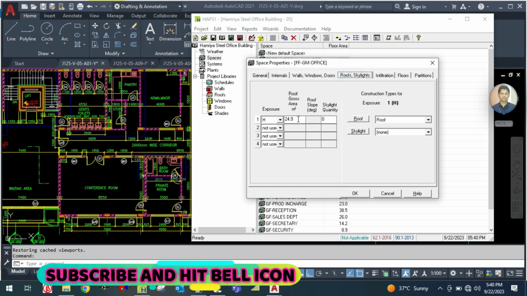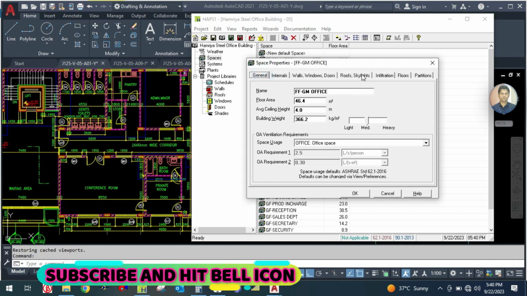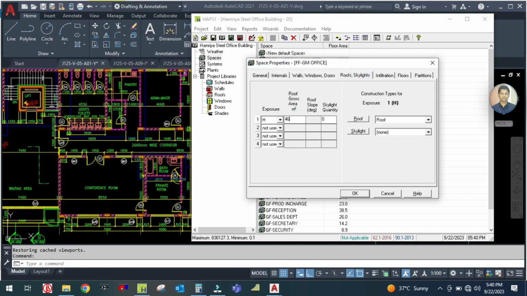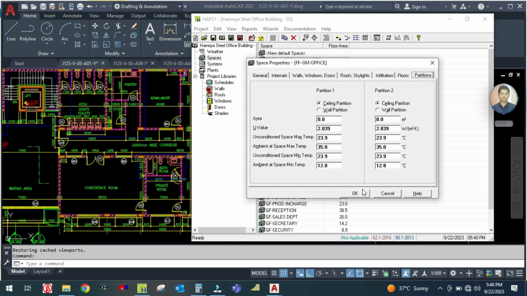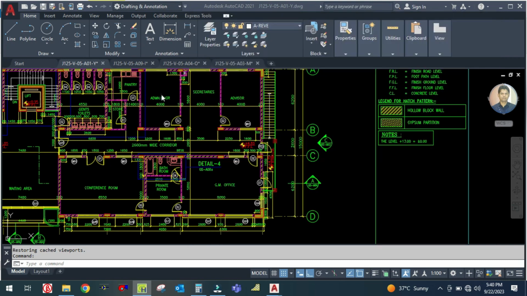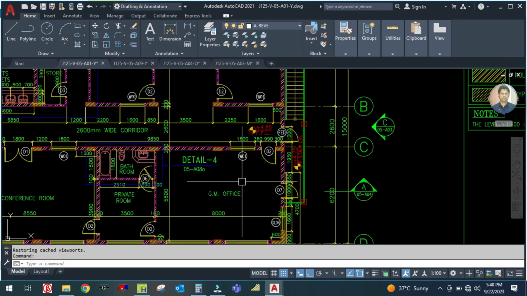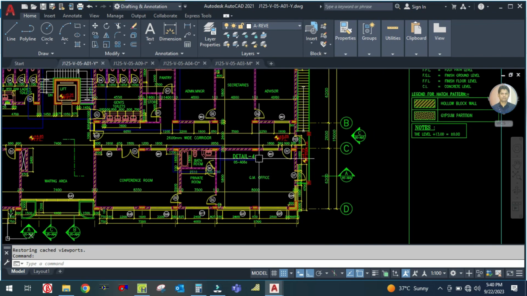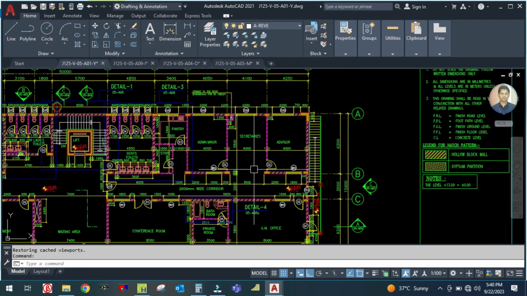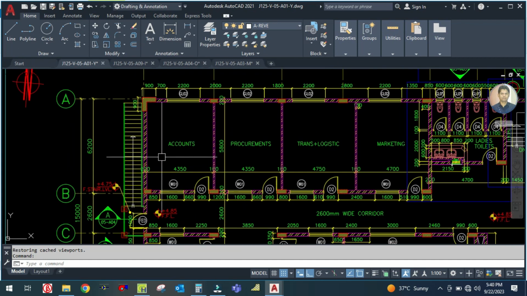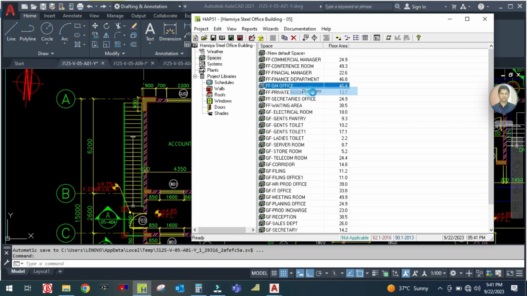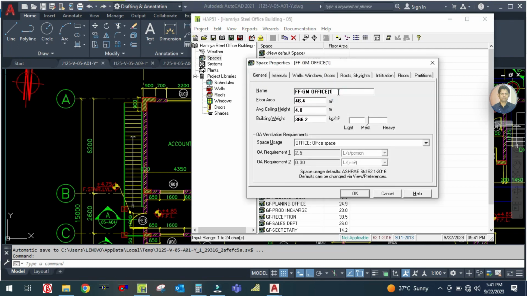Roof and skylight, horizontal roof is there, and the area is 46.4, and floor is above conditioned space, and there is no partition. So click OK. So this is done, the GM office. Next we will continue from here, which is account. So the account office is similar to the GM office. Duplicate this and just rename this